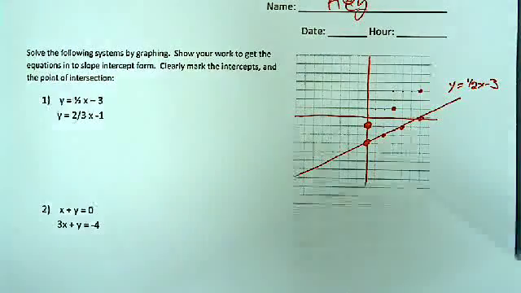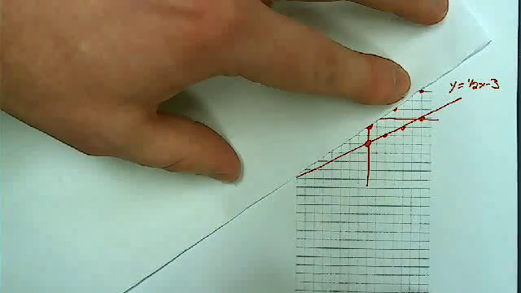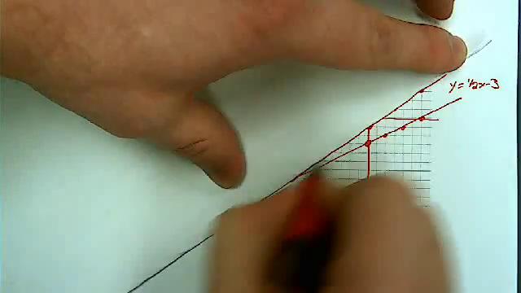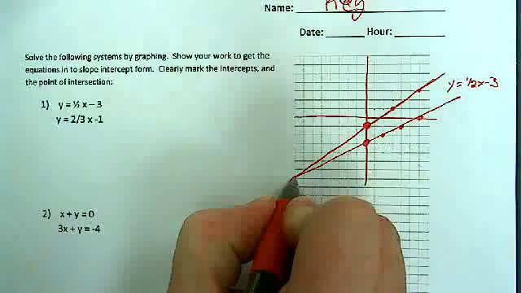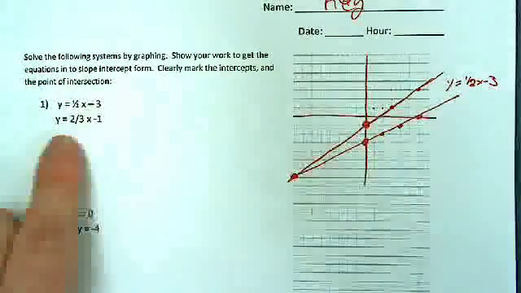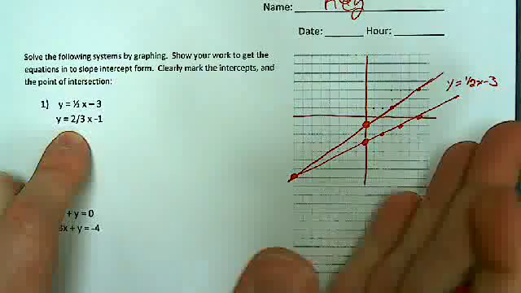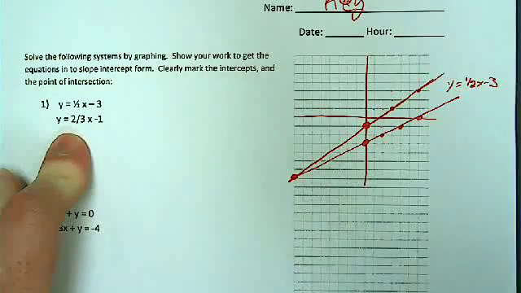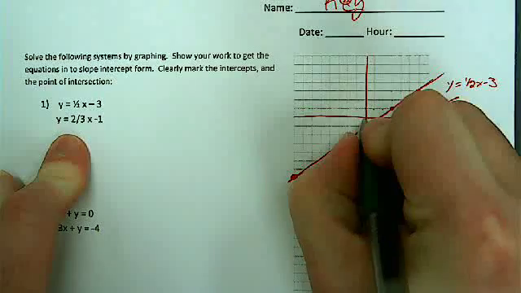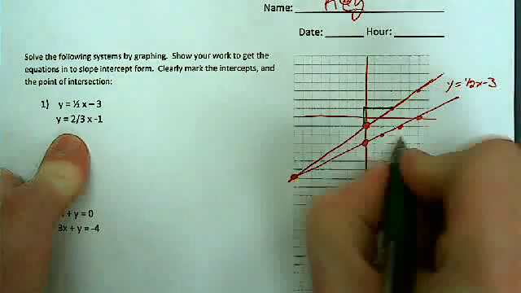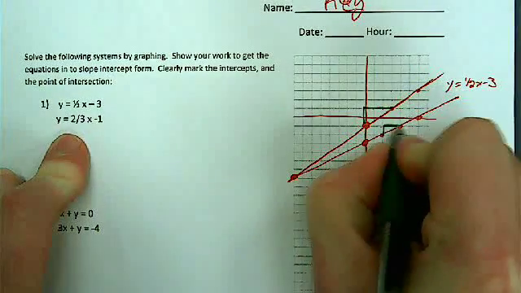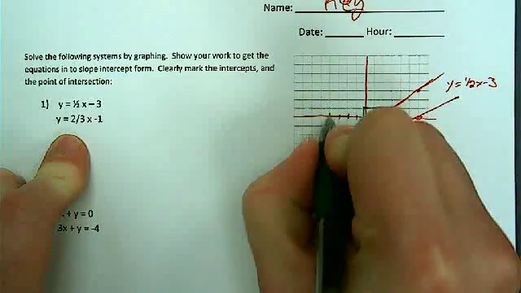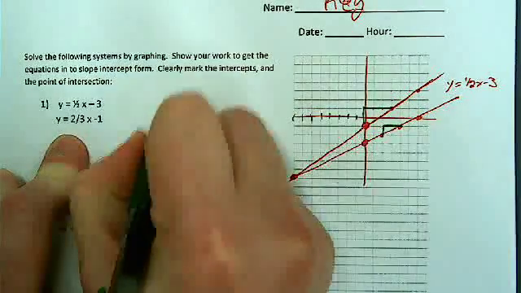Now there was a typo on this sheet. It should have said 3/2, not 2/3, and that would have made this a steeper line. Remember too, here's my slope, up 2 over 3, whereas this one had a slope of up 1 over 2. Now it looks like they intersect at 1, 2, 3, 4, 5, 6, 7, 8, -8,